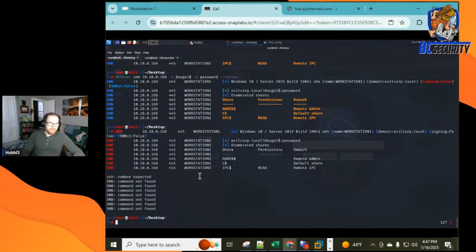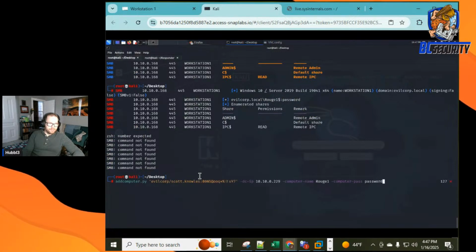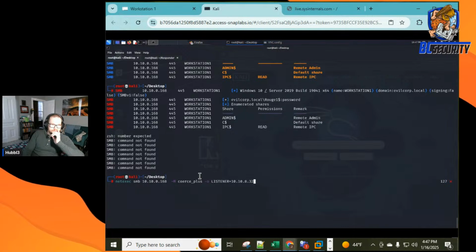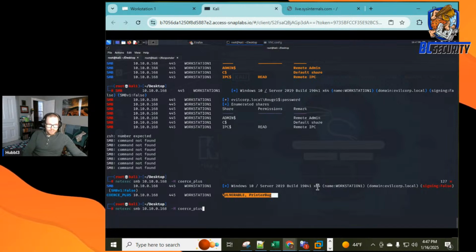So if we run NXC with the coerce module, we'll see that it's vulnerable to the printer bug, which means we should be able to use PetitPotam, which used to be a module in